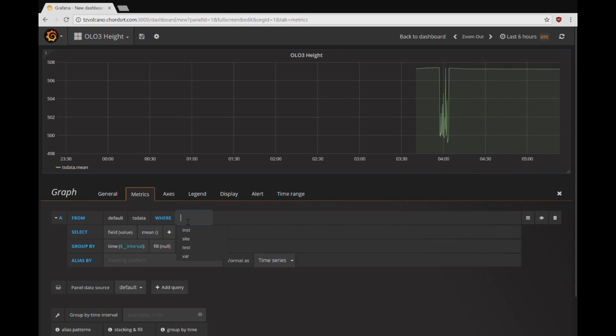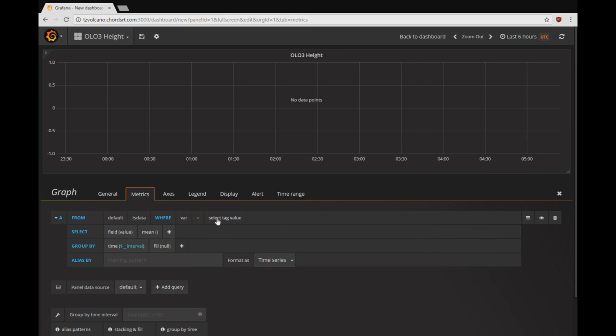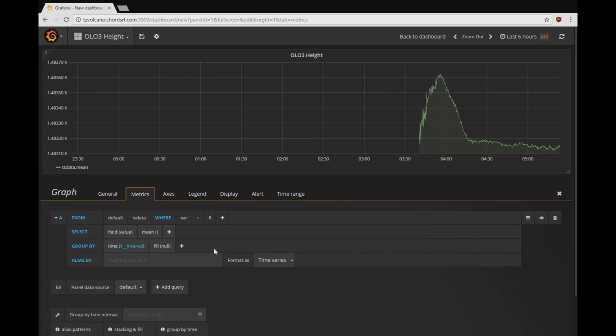However, we denoted that the specific var value of OLO3's height data is 6 in the data stream. We want to select the means of the field values and group them by time. The fill function fills all missing data points with the desired value. Here, we want to fill the empty data points with null to show that there is a break in the